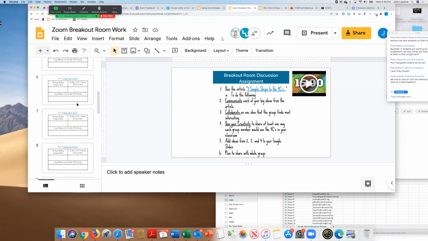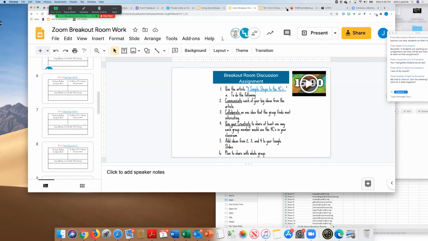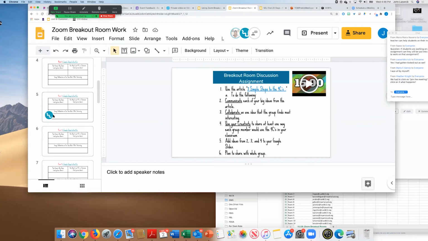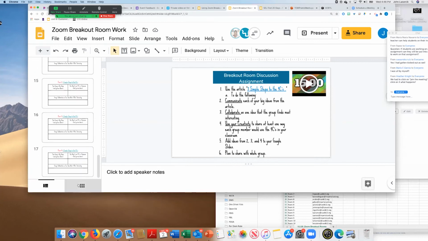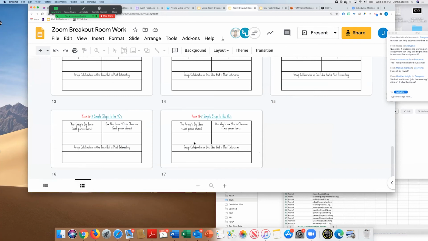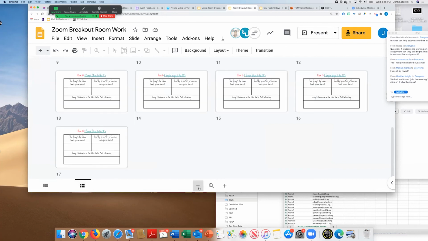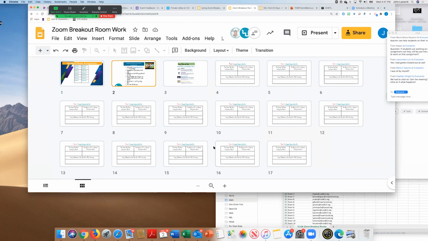The really cool thing is you'll have access to this, right? So you're a teacher, you're looking at this right now because you have your tab open, and you'll literally see where I can see there's somebody in slide 5. But what's really cool, when I come down here and click on this waffle, boom, it shows me everyone, and I can track the progress of every group while they're in breakout rooms.